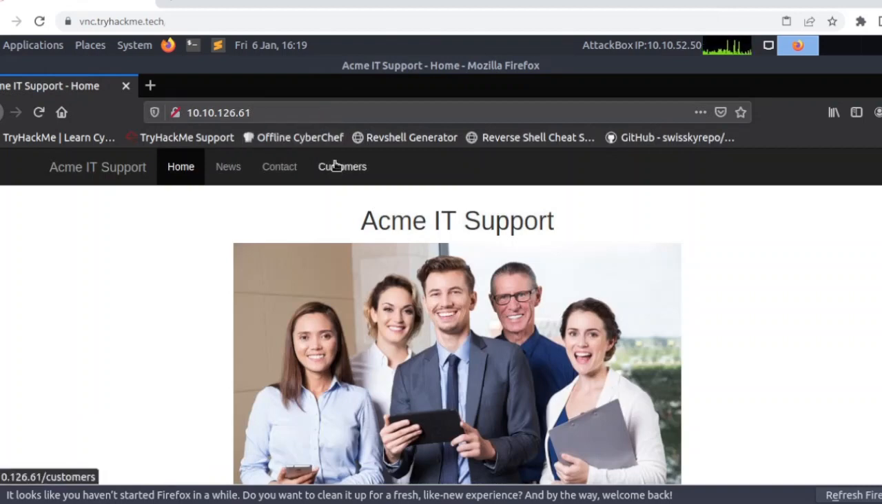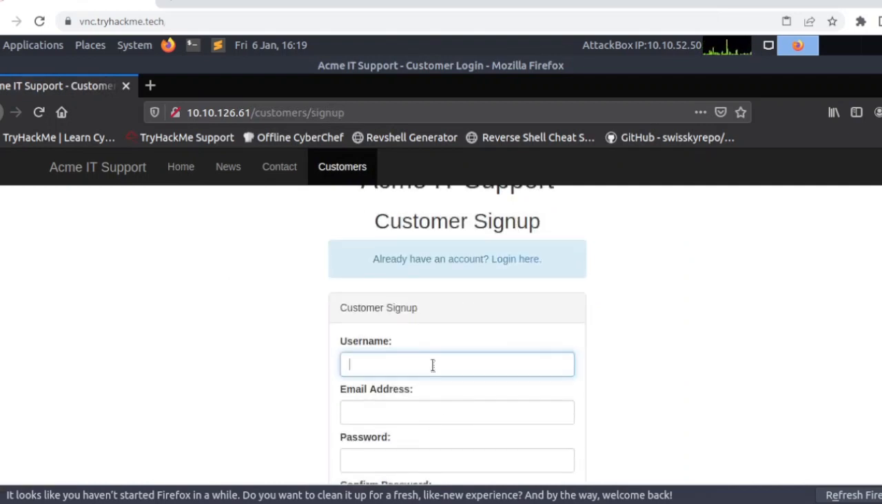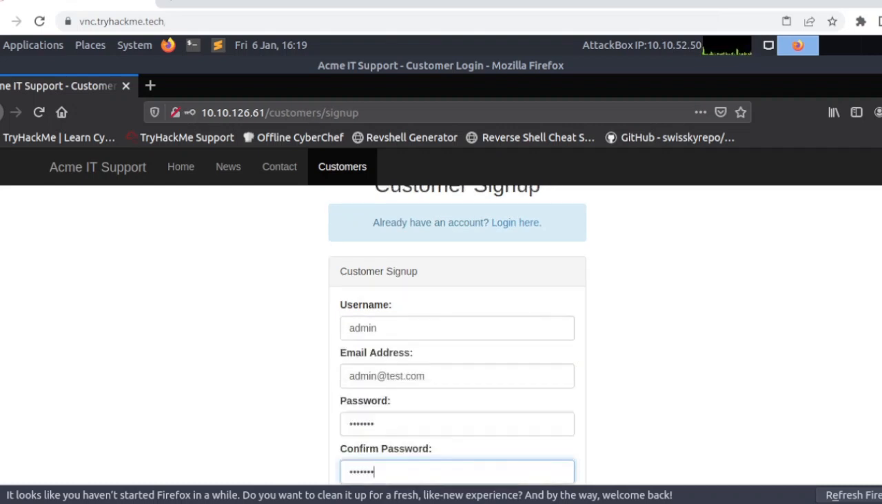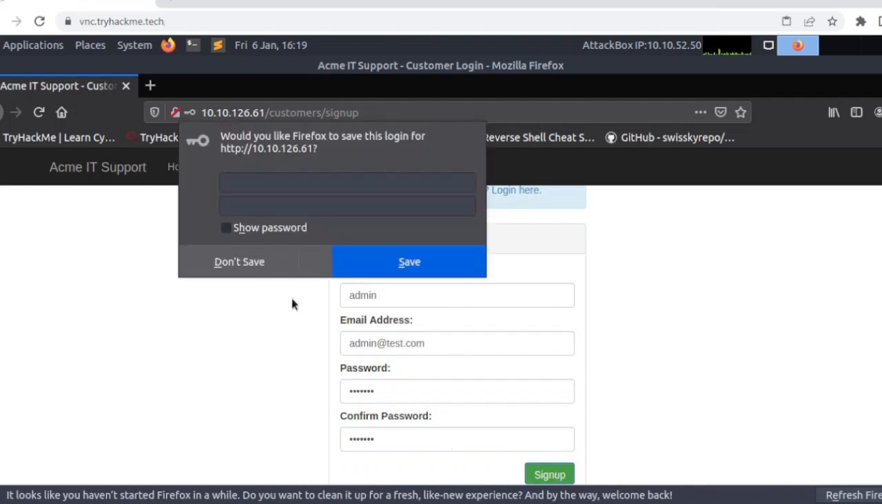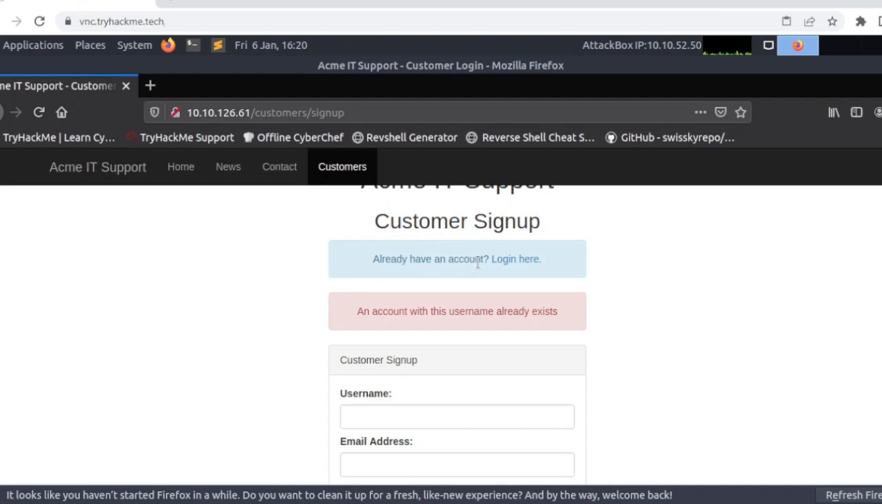This time we'll go into customers and sign up. If we try to put in a username that's probably valid or already exists, and try signing up, it says, "An account with this username already exists." Which means we could use that